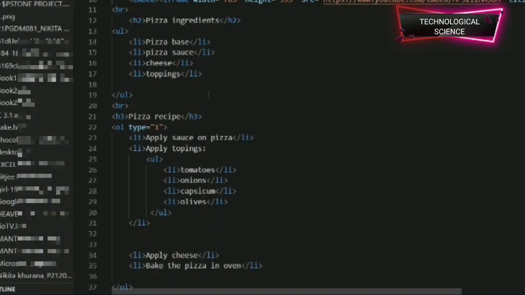You need to apply the things side by side, with numbering over them, like first apply the sauce over the base, and in that way I have explained it well. So that is the basic difference between ordered and unordered list. An ordered list numbers the elements according to their use, and an unordered list just shows us the ingredients without numbering.